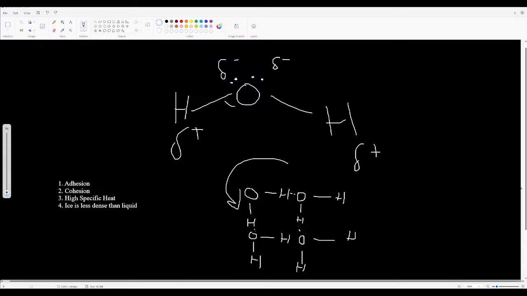And we just talked about ice, right? So the water molecules spread further apart in ice, right? Which makes sense, because we just talked about that. Is that clear? I can't hear you through the screen, but I hope that is clear. So these are the 4 properties of water that you need to know. So now that we're done talking about water, let's go ahead and talk about